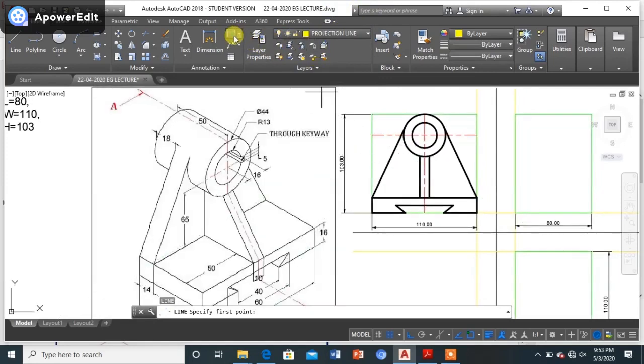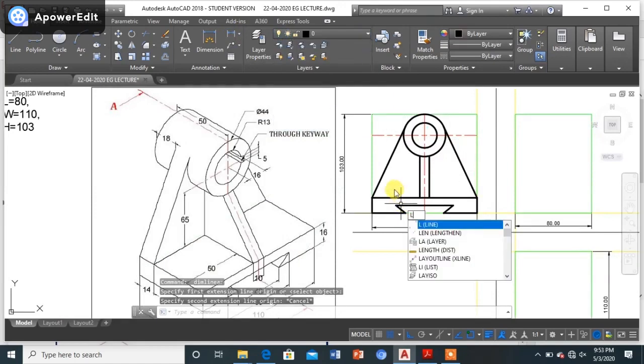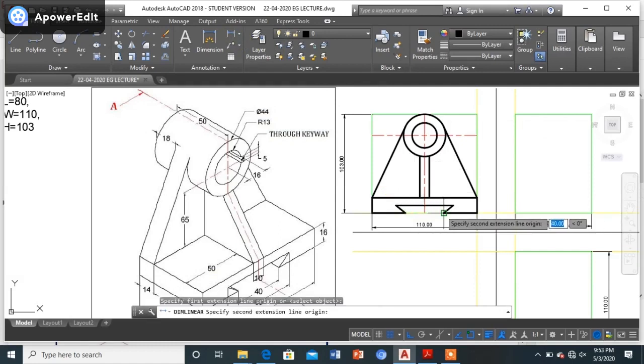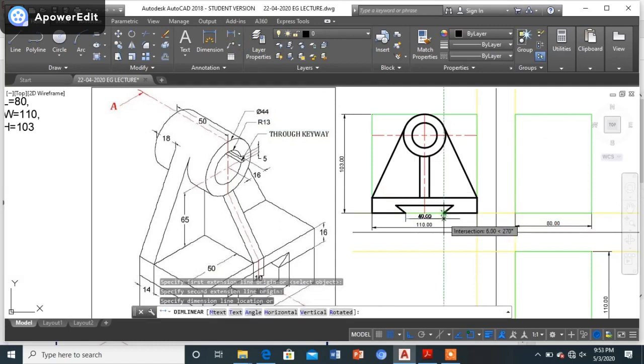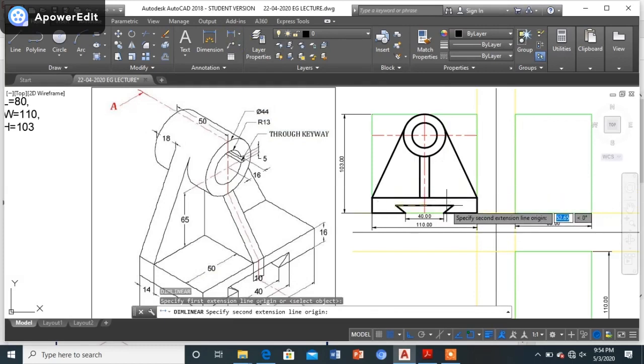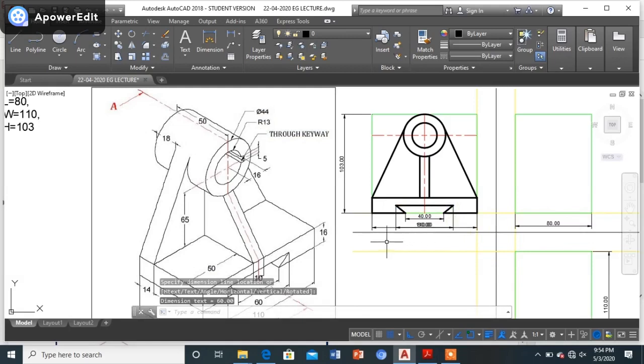Before that, whatever we have drawn, let us give the dimensions one by one quickly. I can simply give the dimensions. So one by one, every dimension, you can see it over here. It's 40, and the other one, this slot, is 60. Once we are done, I will be removing the major dimension, that is the length. That was just for the explanation. Later on we can give it.